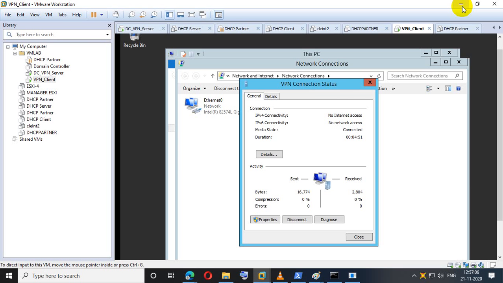So how will they access it? Through VPN. I showed you that I created one website inside the domain controller on your company domain, and through the VPN the site is accessible inside the servers. If you are part of this domain, that means the 10.10 network, you can easily access it. Now think of the VPN client: normally they cannot access those websites, but once connected through the VPN, they can access the company networks as well as company assets.